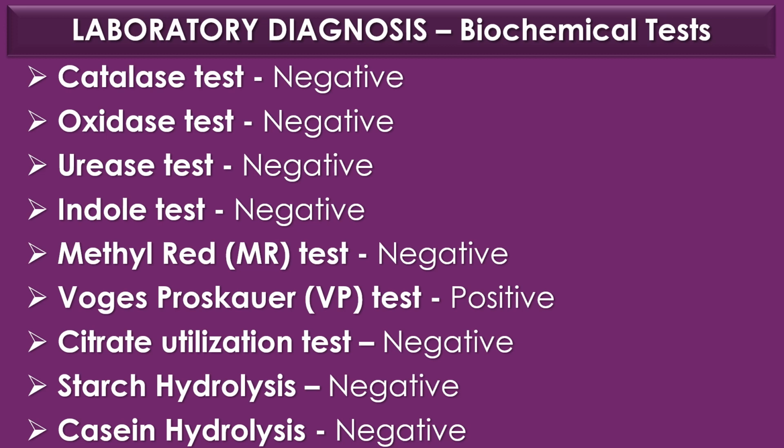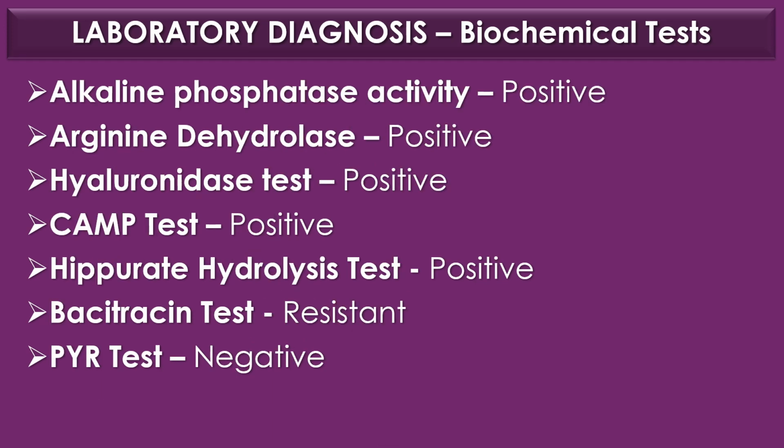And next, biochemical tests. Catalase test negative, oxidase test negative, urease test negative, indole test negative, methyl red or MR test negative, Voges-Proskauer or VP test positive, citrate utilization test negative, starch hydrolysis test negative, casein hydrolysis test negative, alkaline phosphatase activity positive, arginine decarboxylase positive, hyaluronidase test positive, CAMP test positive, hippurate hydrolysis test positive, bacitracin test resistant